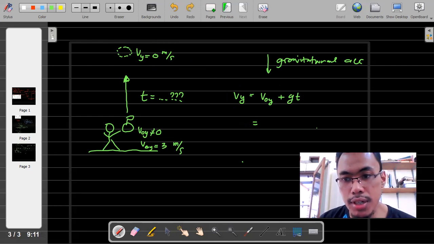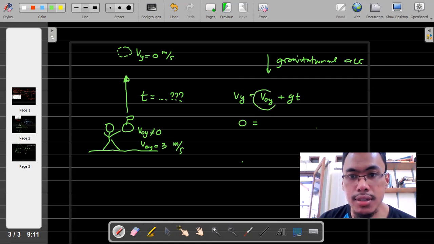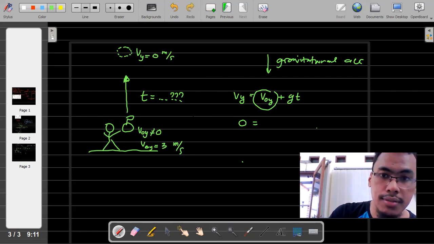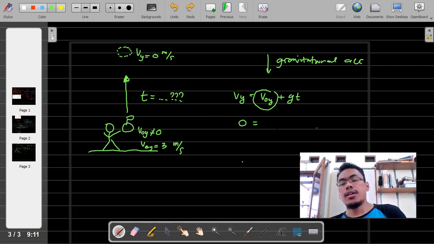So I will write this 0, and then the initial velocity will be 3 meters per second. So I will write it here, 3 plus the gravitational acceleration, yeah, we use